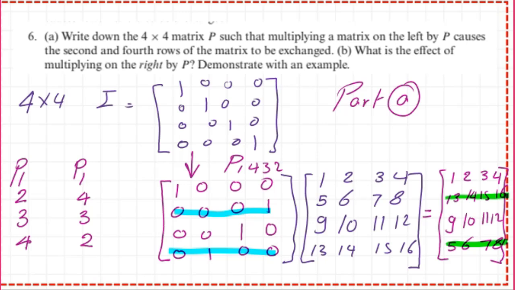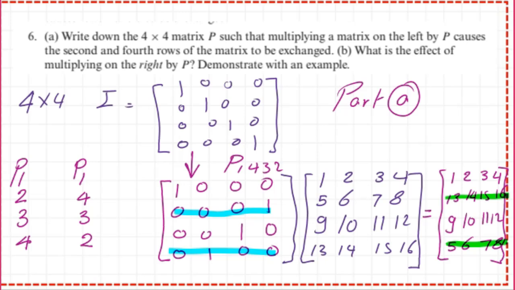This 0, 0, 1, 0 will keep the 9, 10, 11, 12 here as the third row. If you want to examine, let us have a look. If you multiply this one by the first column, all zeros multiplication will lead to 0, plus the 1 by 13, we have 13. By the second column, we have 14, remaining elements multiplied by 0. The third column will multiply 1 by 15 is here, and the last column, 1 multiplied by 16 is here.